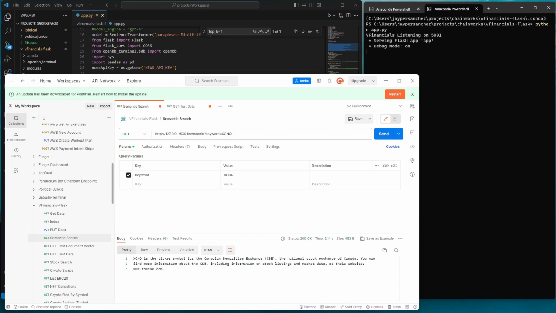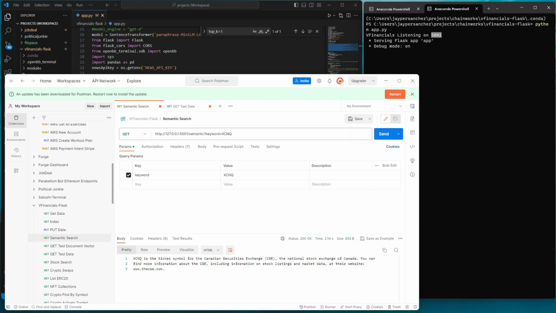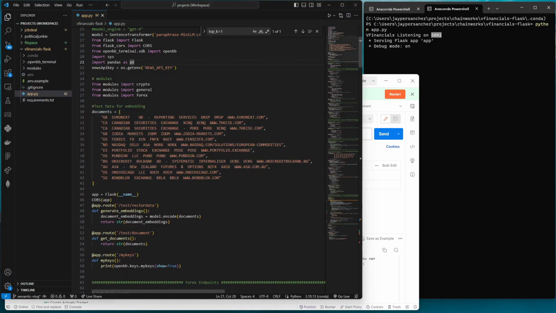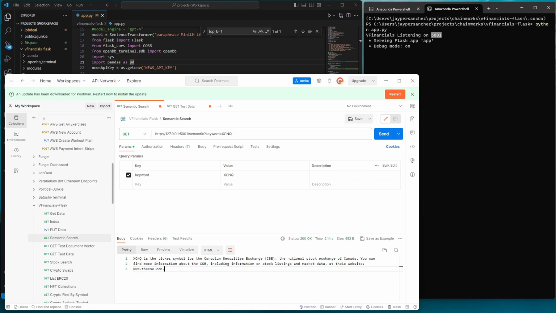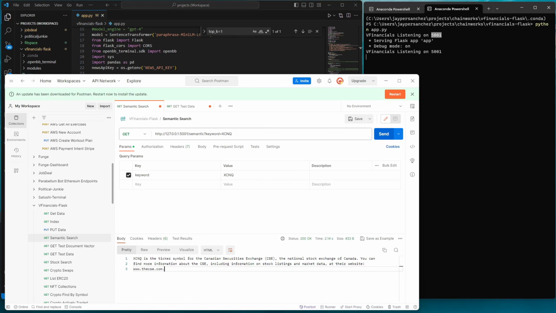Okay, now that we've got this running, which is on port 5001, I'm just going to test everything through Postman. We're not going to have any fancy UI. Maybe going forward, we'll have one of these. But the idea is that based on this data, you have a keyword, let's say XQ, XC, and Q, which in here, I believe you can see it here. Okay. And when we just click on send,